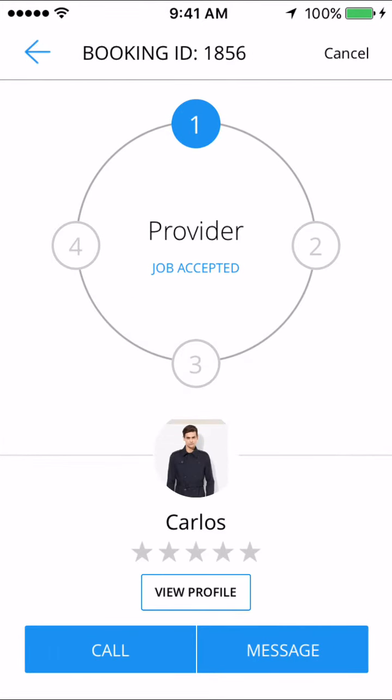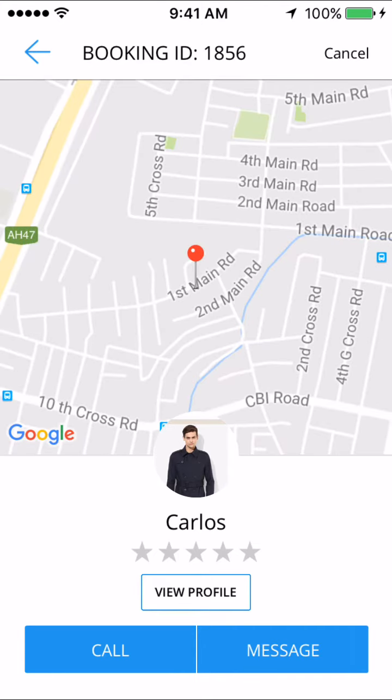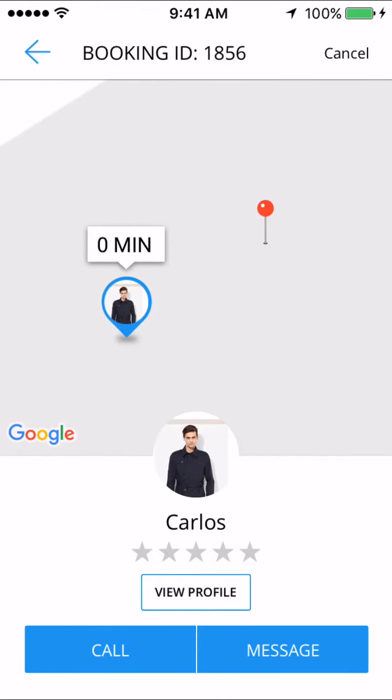I can get in here and I can see that the provider has accepted the job and he's not on his way yet. The provider can go on his app and he can mark himself as on the way. As soon as the provider is on the way, I can start tracking him live. So I can track the live progress, and I know that he's only 1 minute away, as you can see here. So once the provider arrives,